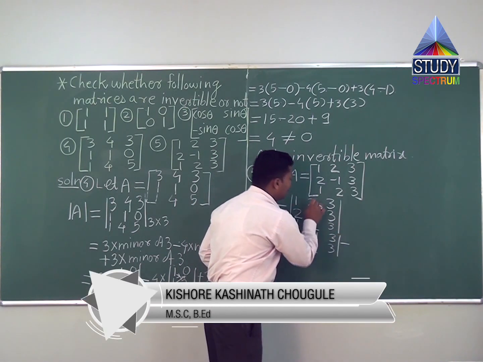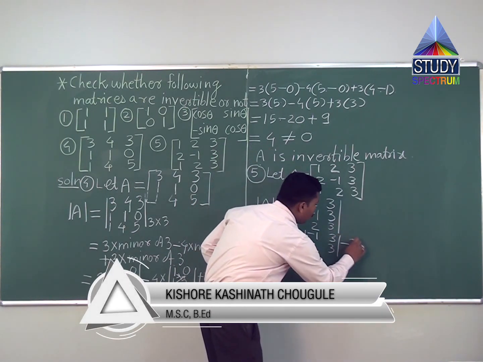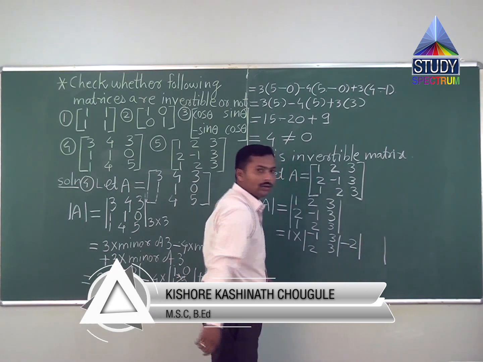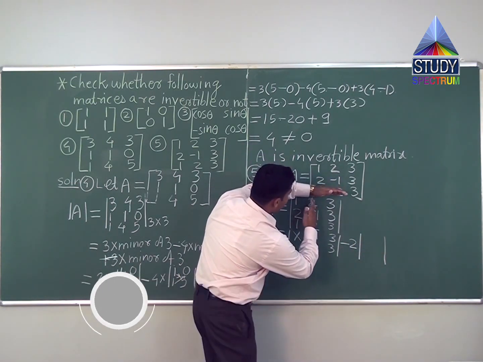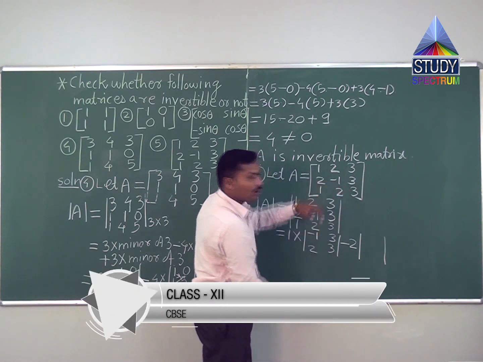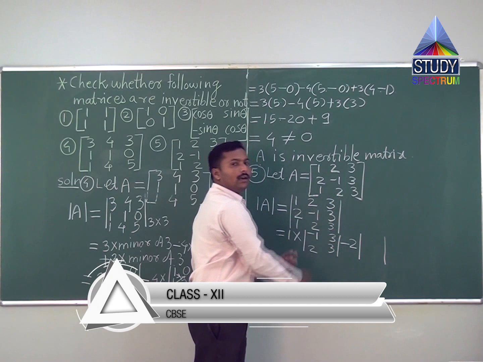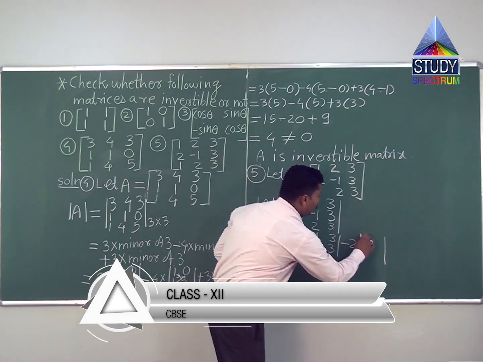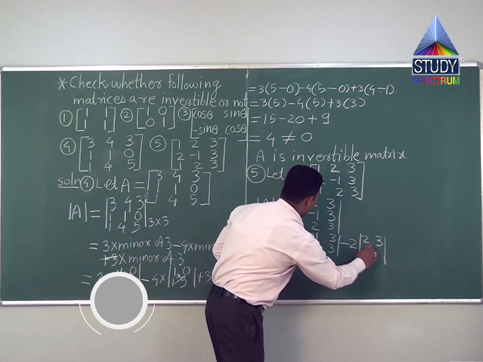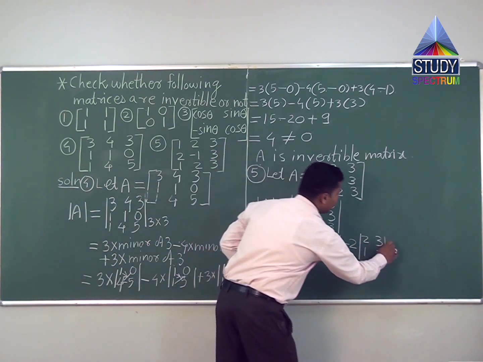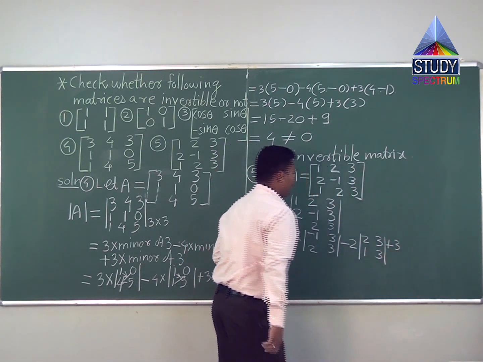Again, minus this second number 2 into the determinant. This is the column and row deleted, so what remains? 2 3, 1 3, and take the determinant as it is. And last, plus 3 into